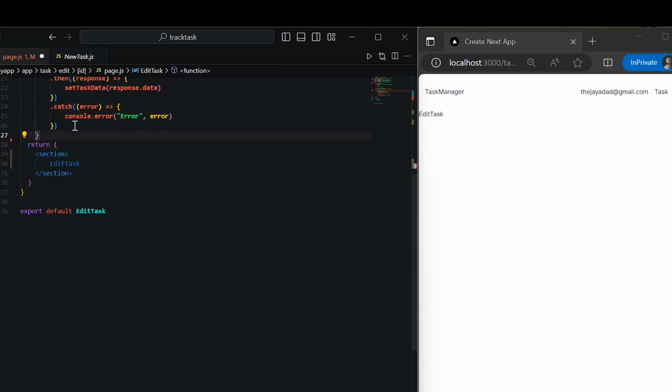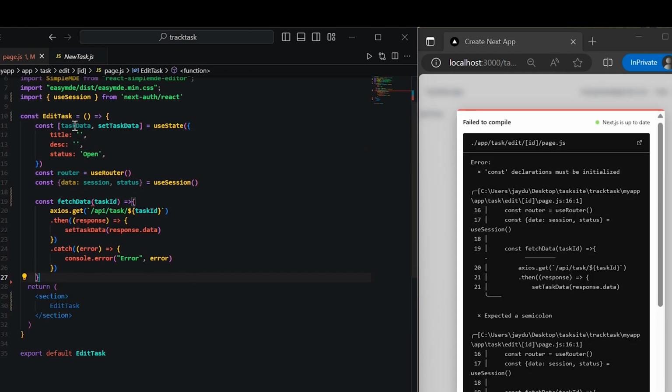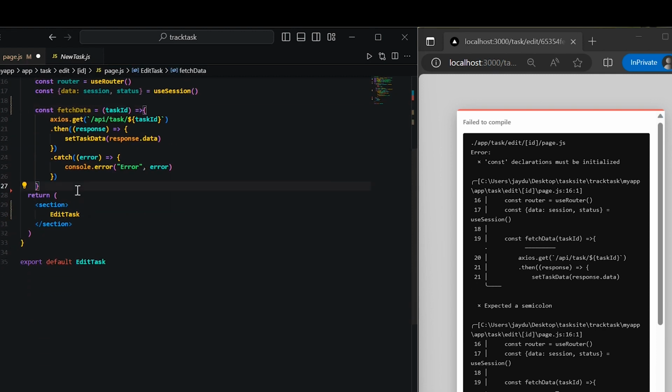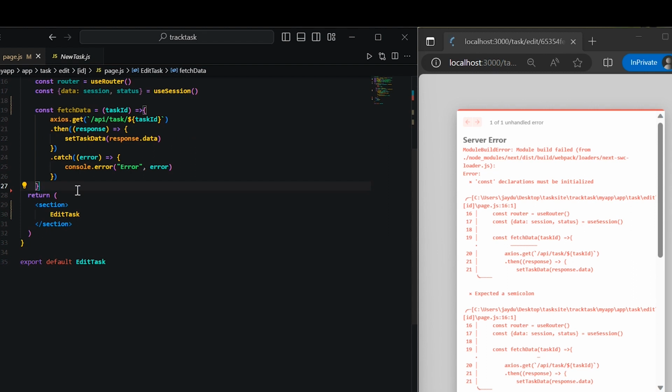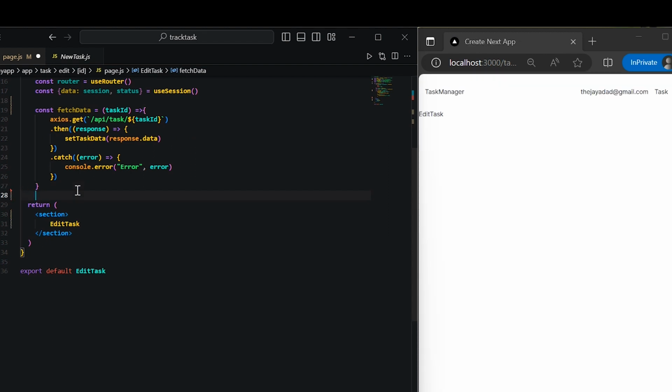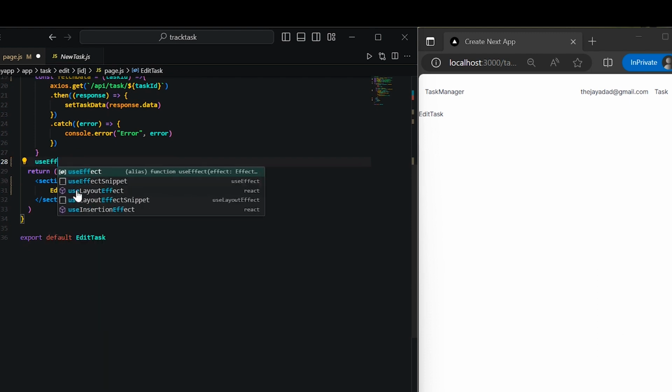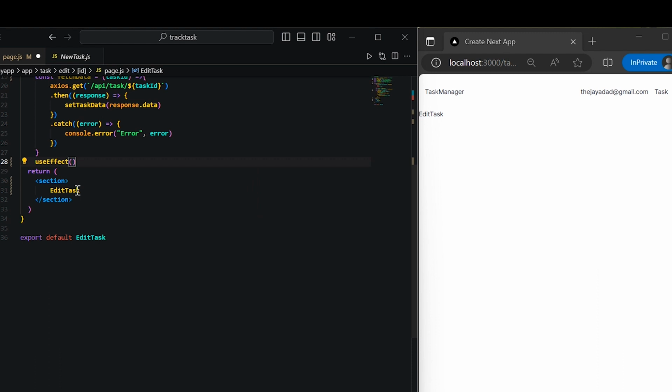Now, underneath it, we'll need to utilize the useEffect hook. Let me see, I'm getting the error. Oh, I forgot, it's just that, sorry. And underneath it, let's save, make sure we're not getting yelled at by React. Okay, we're in good standing. All right, so next we'll create the useEffect hook to fetch the data, assigning it and passing in the params